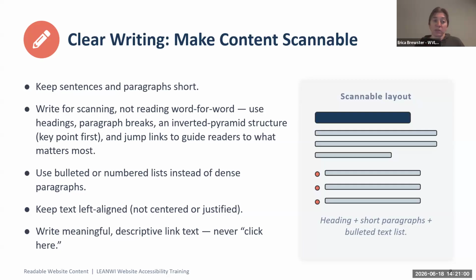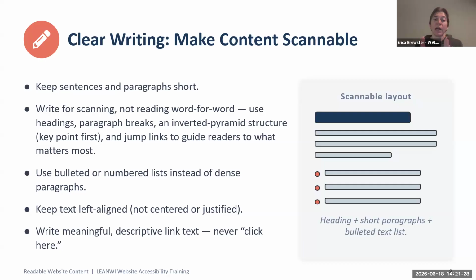So tips for this are keeping sentences and paragraphs short, keeping important information at the top of a paragraph. Remember the main idea sentence that you were taught in third grade, and then the other supporting sentences beneath it. But instead of 4 to 5 sentences, maybe we actually cut our paragraphs down to 1 or 2 sentences. We keep headings and paragraph breaks, and then there's the inverted pyramid structure where we again have our key